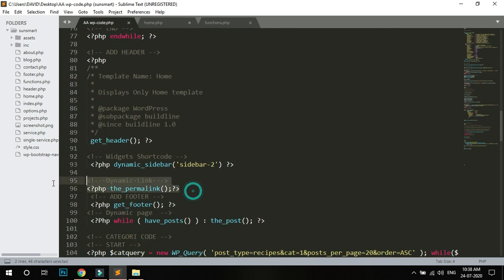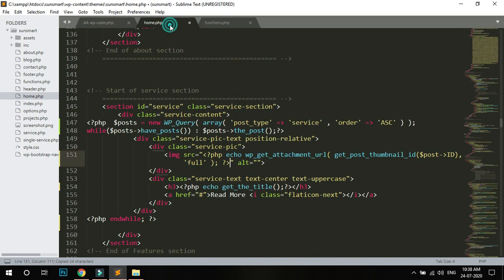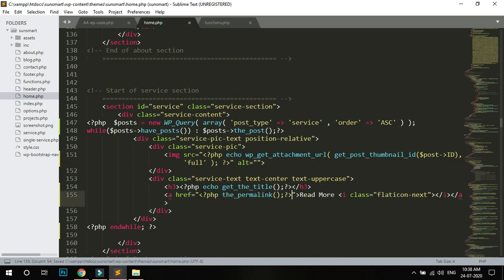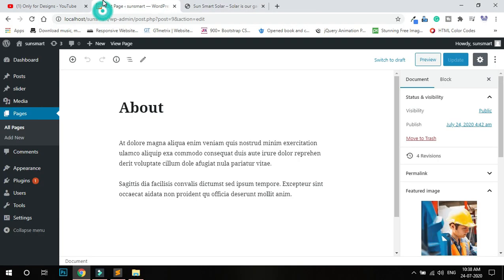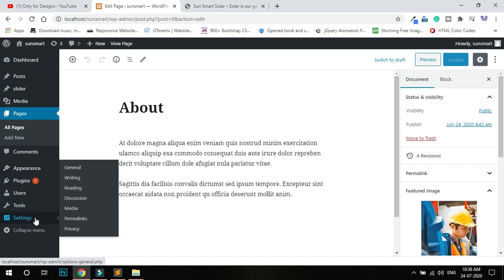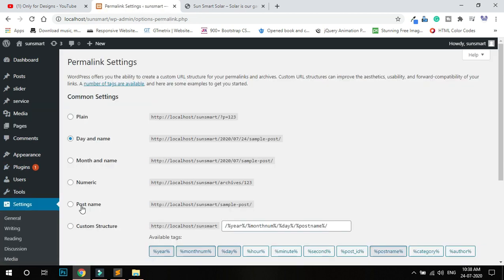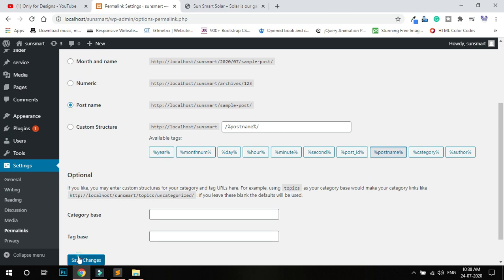This is my permalink code, copy. And I need to update the permalink settings, it's important. Go to Settings, then Permalinks, click Permalinks, and select Post name. Then save.